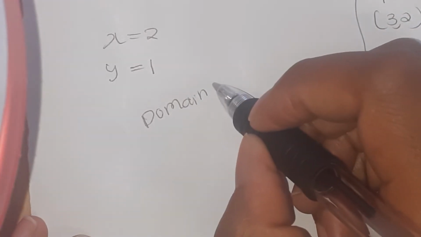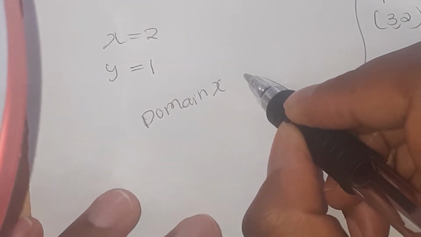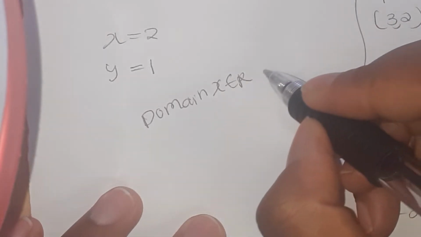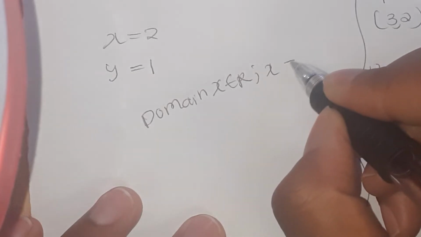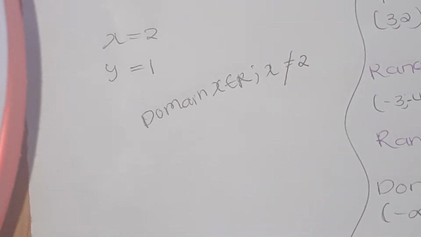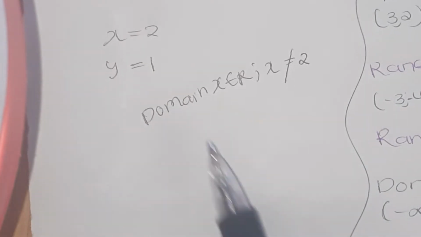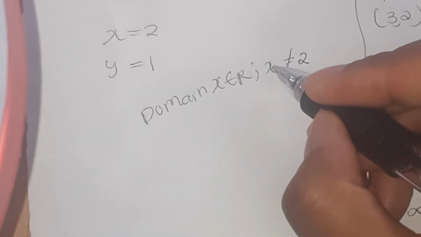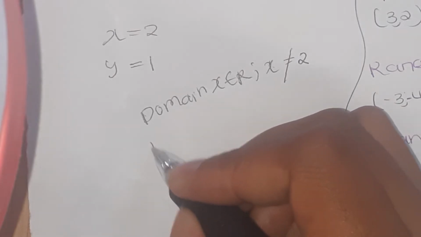Which is x, you say x is an element of a real number, x is not equal to 2. So x cannot be 2 because of the asymptote. The asymptote is preventing the x value from being 2. So this is how you write it: x is an element of a real number, x not equal to 2. And then for the range,